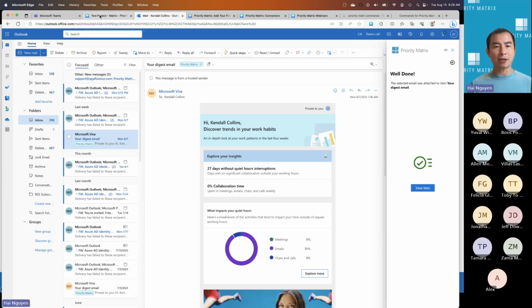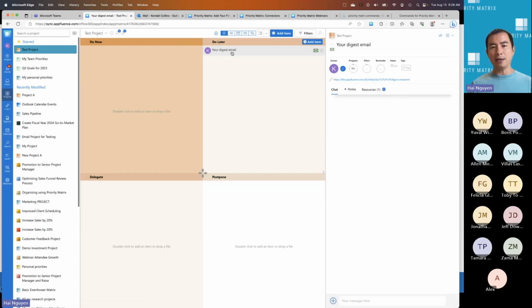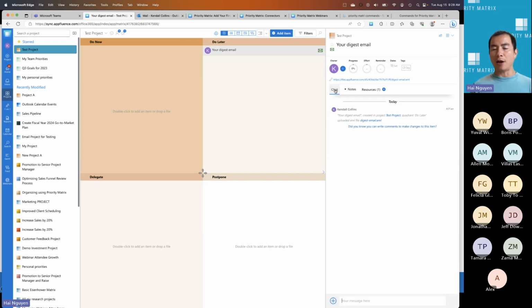When I go back to Matrix here, you can see that the email was created, and right here, it's put in the appropriate quadrants. When I go to the resource section, the email file is attached. So other team members who are looking at this will get full access to everything they need to know about the email. Now you've taken an email, prioritized it, set a due date on it, and invited everybody to it. And you're able to discuss that email here in the chat section